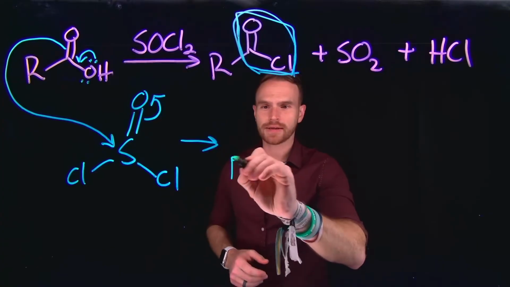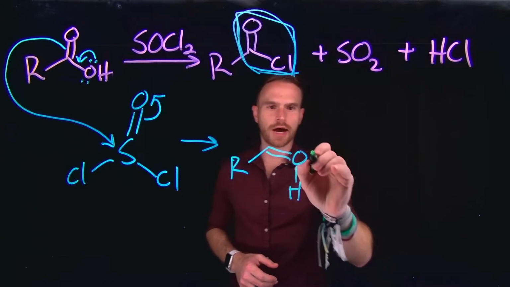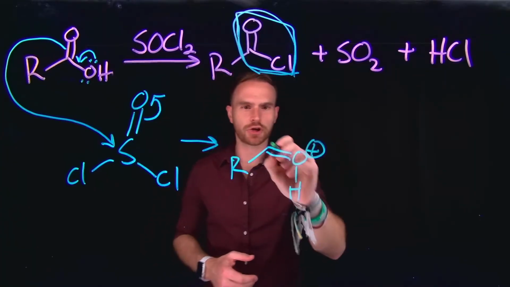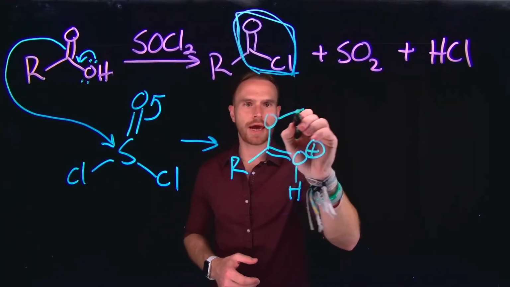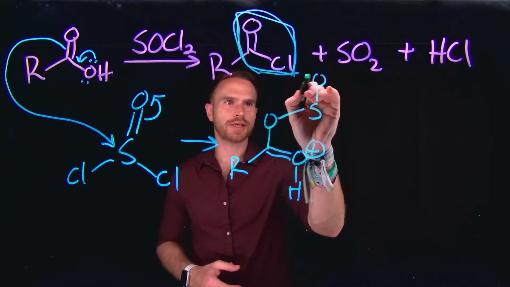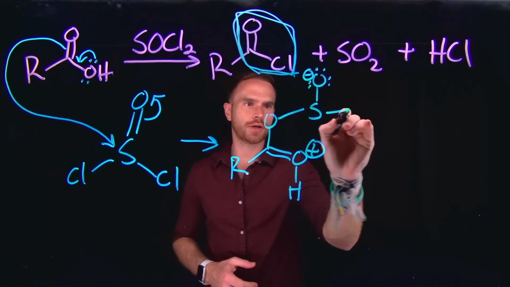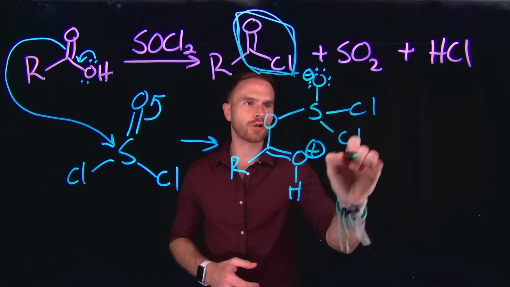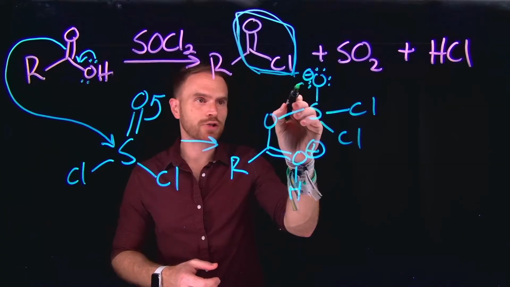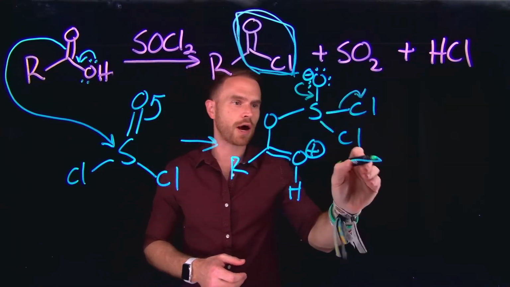This intermediate is going to contain our carbon to oxygen double bond, which still has a hydrogen on it, making this positively charged. Additionally, now we have this oxygen atom attached to the sulfur, which has become a new tetrahedral sulfur with a negatively charged oxygen attached to it, as well as our two other chlorines. From here, these electrons can come back down to sulfur and kick off the good leaving group, chloride,